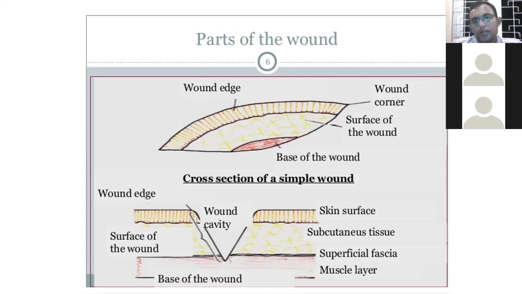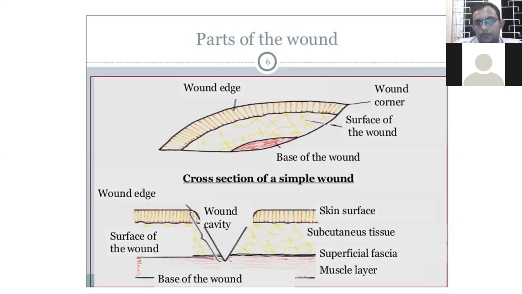So you have to think what's in the base, and you have to think about what the surface is like, and what the wound edge is like. So basically, what's in the base? In an acute wound, there may be superficial fascia, muscle, maybe some bone, whatever. And in a chronic wound, what do you get? A chronic wound may have necrotic tissue, slough, maybe dead muscle, something like that.